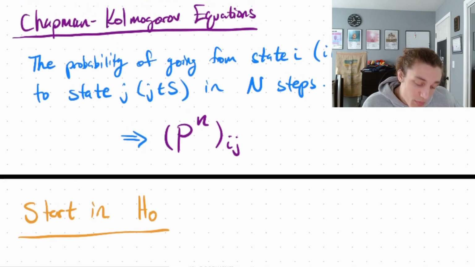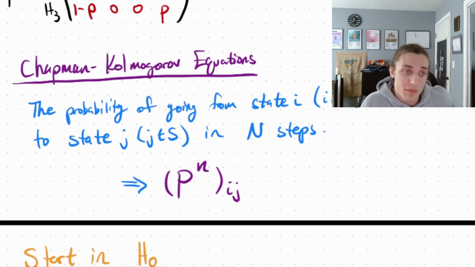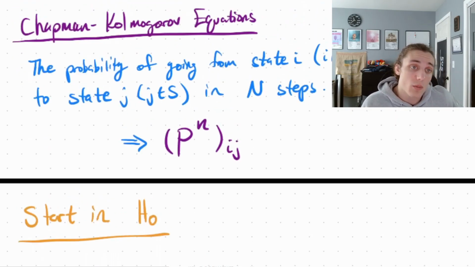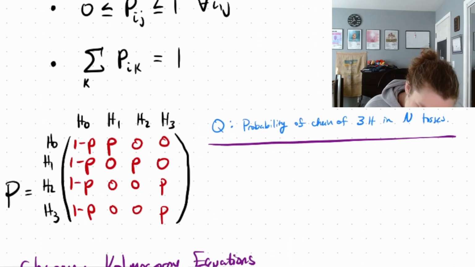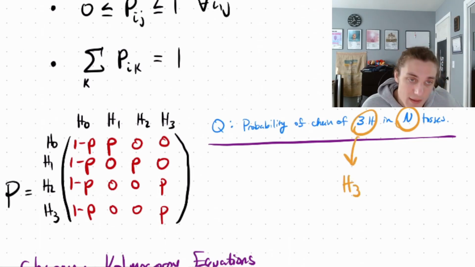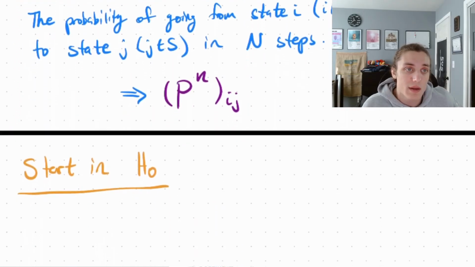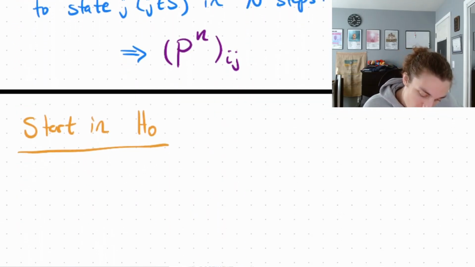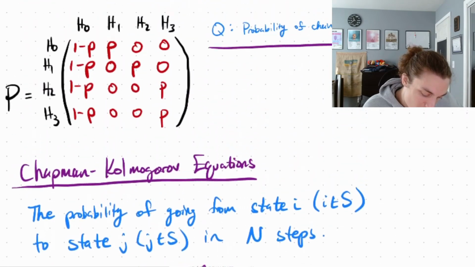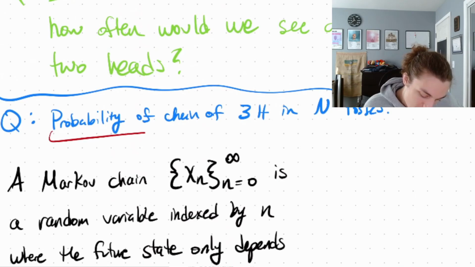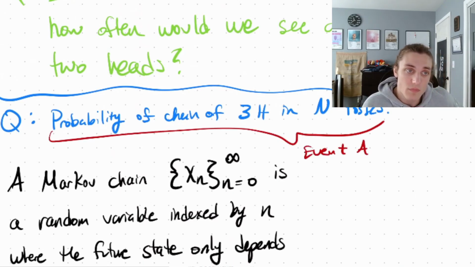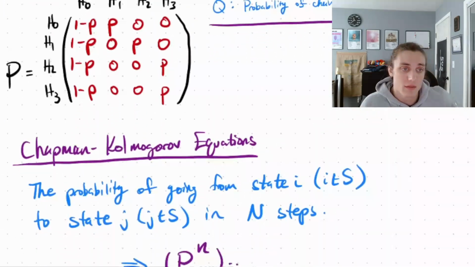Well, if you blindly apply this theorem, you would say, oh, I know, we have n tosses and we're looking for a chain of 3 heads, so this state is H3. If I apply this corollary, then I know the probability of, I think we called this event A up here, the event we're answering,